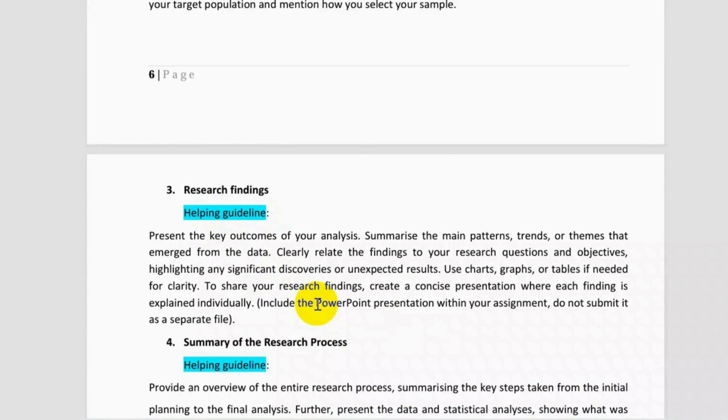So firstly, you need to write the title of your research project, and then you need to incorporate all the research findings and the results of your research project, in which you can incorporate the charts, any figures, any tables, or whatever your results are, whatever your research findings are. You need to incorporate all those in the separate PowerPoint presentation file, and do not provide the research findings or the results of your project in this Word file of your assignment, right?